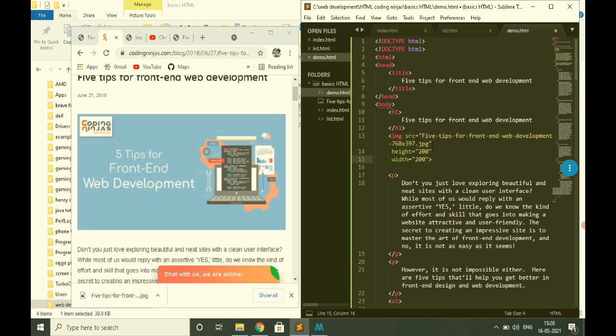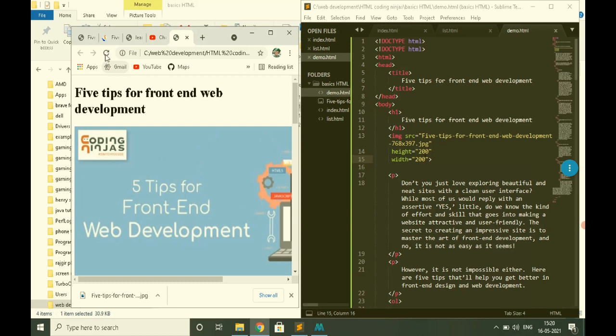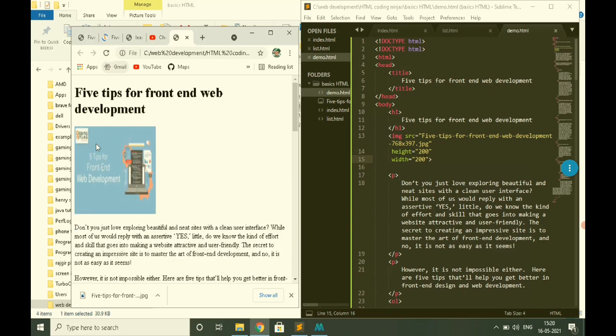By default the unit is pixel, in short it is px, right? So let's run in the browser to see how it is reflecting in the browser page. Ctrl S, save, and then refresh the page. You can see the image size has been changed, and it is 200 into 200, which is of square